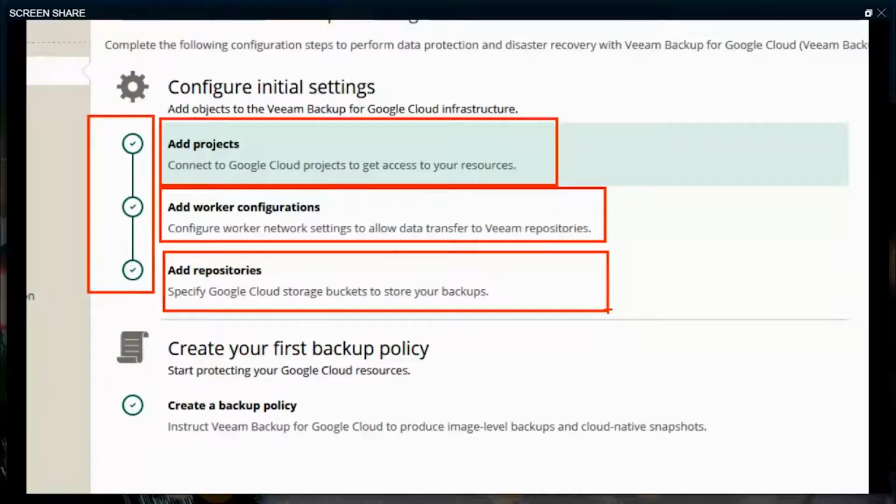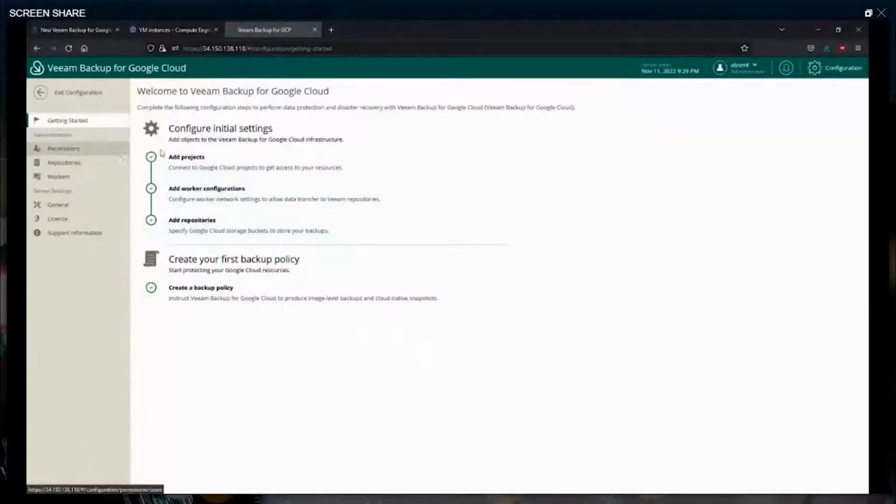And we do prefer a multi-layer protection approach. So what we do is we work with snapshots, we work with backups, extract the data from snapshots and put it into the backups. And then we even sometimes help you to get the data from Google Cloud and bring it to any other cloud or to on-premises. Doesn't really matter. So let's quickly jump through those 3 steps just to show you that it's really easy to